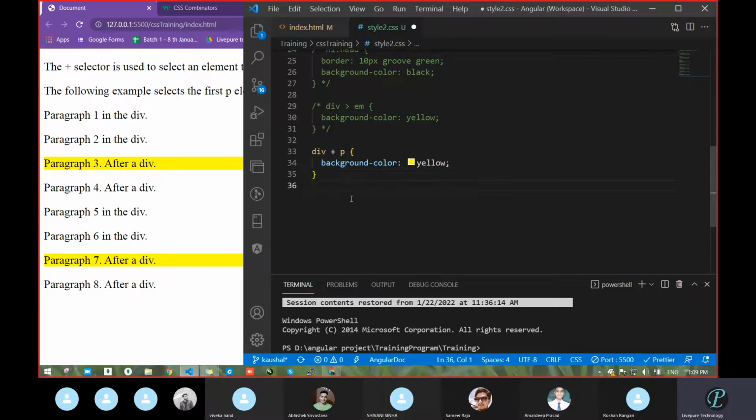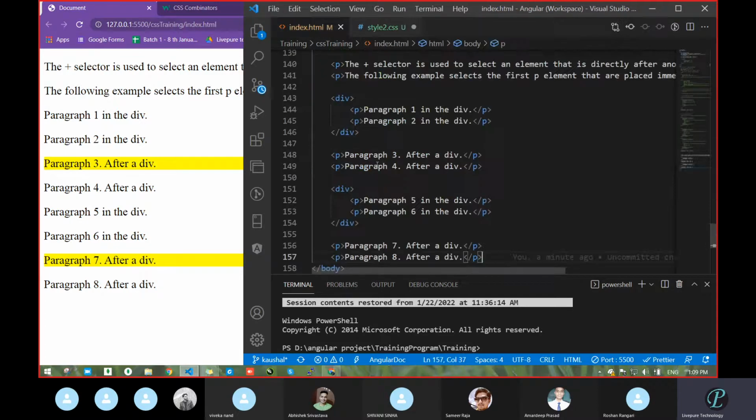Previously, which selector was it? The child selector, where we used the greater than symbol. Now in the sibling selector, we will use the plus. It will search for the sibling. Which type of sibling? Div and P. Let's see what happened.